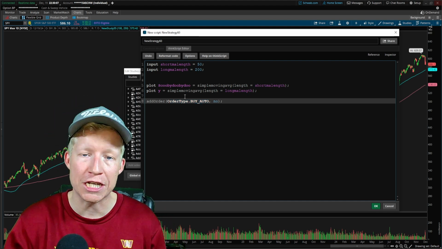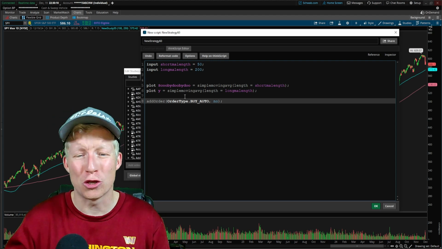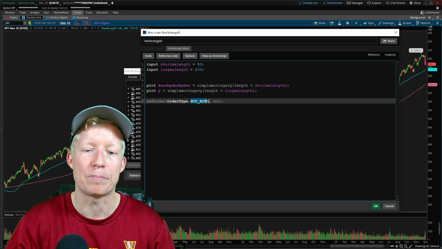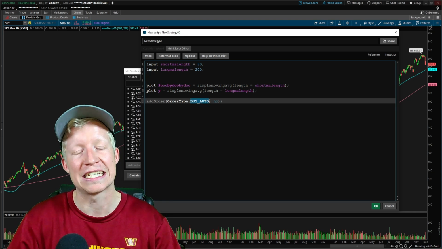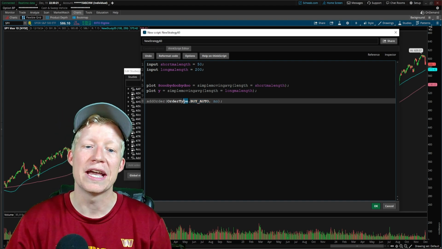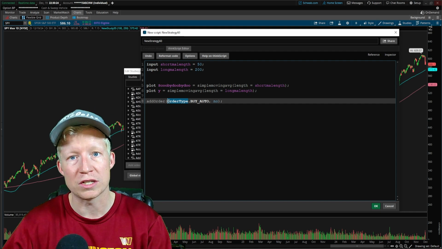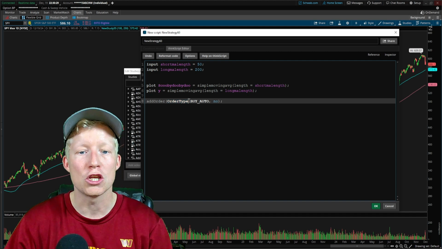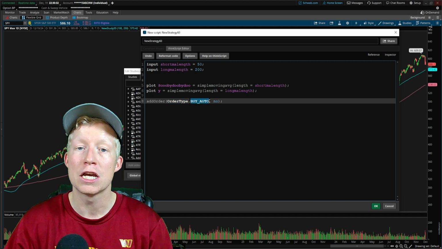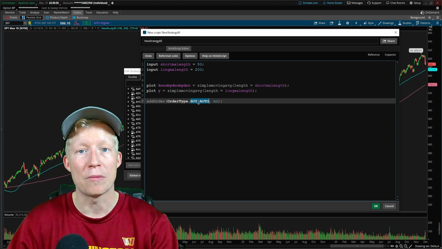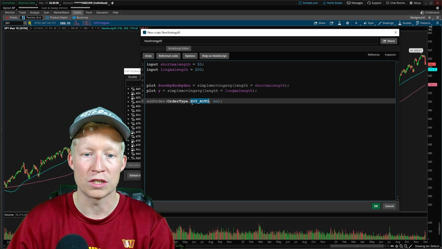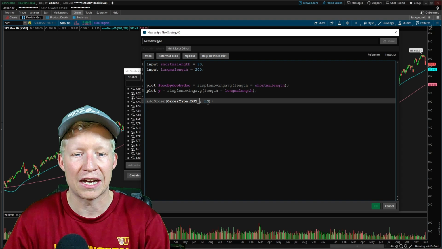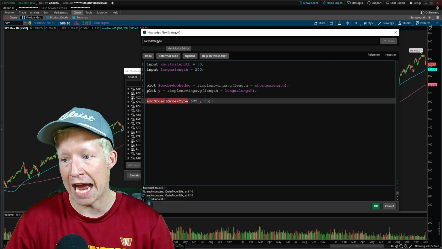This is called dot notation. Without diving into it too much, I'm trying to keep this as high level as possible for beginner coders. It's because this by auto is a constant that is not natively stored within ThinkorSwim. It is rather stored within the order type data structure, within the order type data set. So you have to reference that utilizing dot notation so that the machine knows, okay, I should go find the by auto constant in the order type data set. Does that make no sense? Don't worry about it. If you just understand that constants need to utilize dot notation,